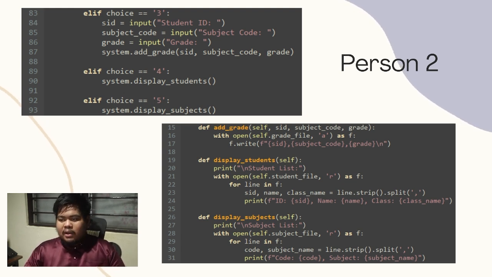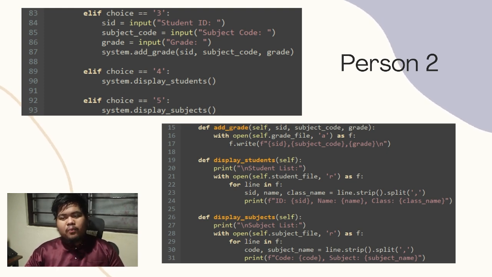What this function does is it will create a new text file, and then it will write all of those variables that we have just created. So it will write the SID, the subject_code, and the grade inside of the text file. Okay, let's